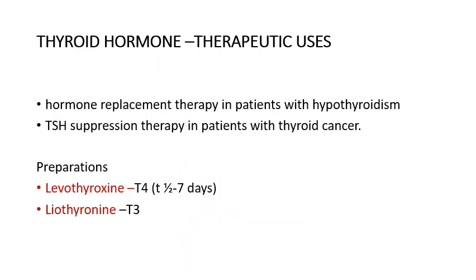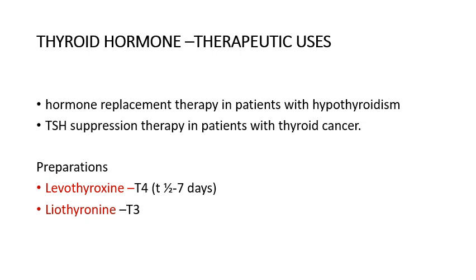Hypothyroidism is managed by thyroid hormone replacement therapy. So the therapeutic applications of thyroid hormone are basically two. One as a hormone replacement therapy in hypothyroidism, and the second application is in thyroid cancer, where it is used to suppress the TSH production. Okay, so TSH is known to increase the follicular epithelial cell growth. So this thyroid hormone is supplemented to suppress the TSH production in thyroid cancer.